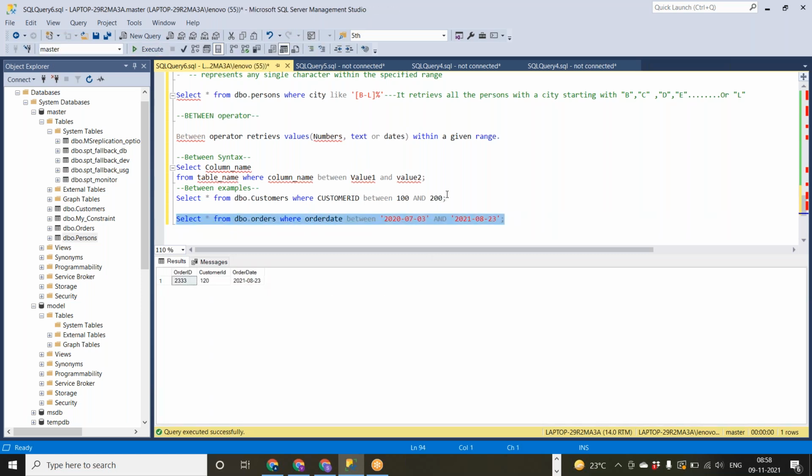If you don't know the exact dates and if you are not specific about the dates, you can simply give roughly January 1st, 2020 and all data will be retrieved which is satisfying that particular condition. So starting I'm giving January 1st, 2020 and ending I'm giving 2021 12.